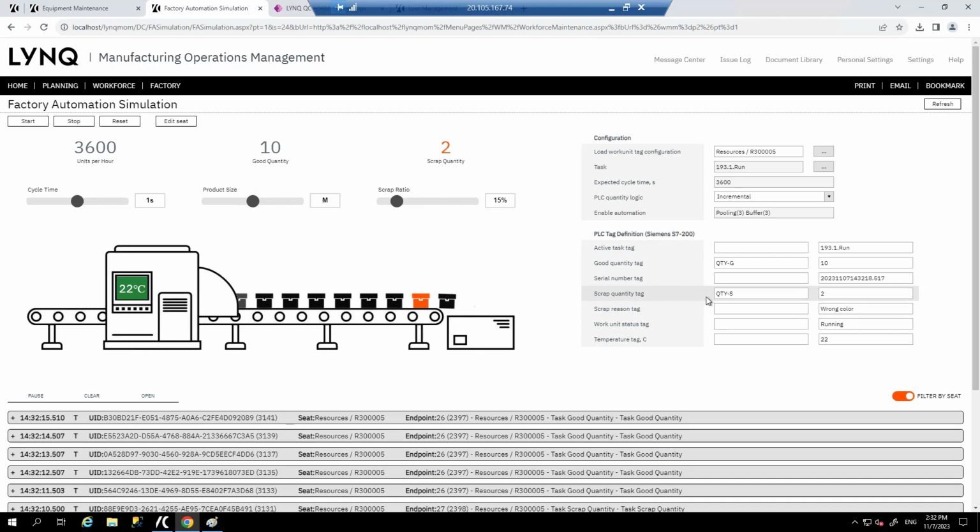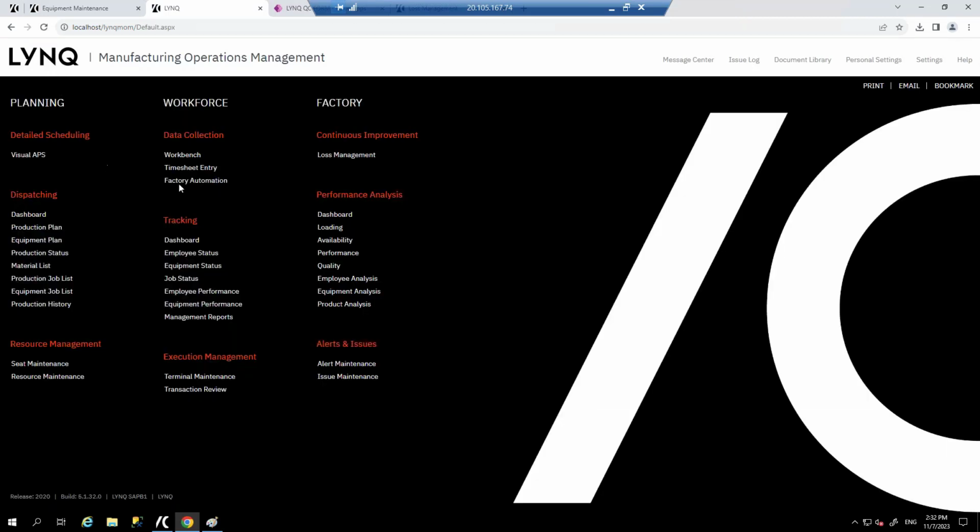It could be for serial numbers. It could be for the status of the machine, if it goes down and so on. So this is automatic data capture, which obviously the transactions would update Business One. In most of these transactions would. So I'm going to stop this because it actually does that. And that was data capture.